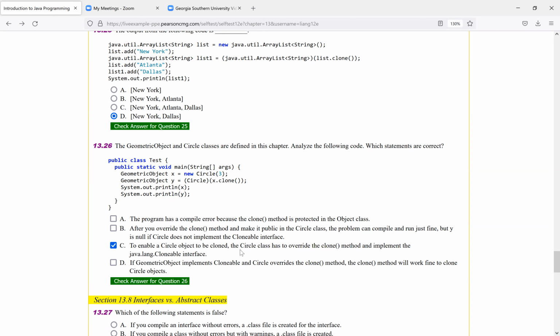Yeah, there's another thing: you have to override it to make it public in order to use it. So this is protected in the Object class. So that's true. This is also correct here. It is protected. You cannot use it here if it's not overridden in the Circle class. After you override the clone method and make it public in the Circle class, the program can compile and run just fine. No, it cannot run